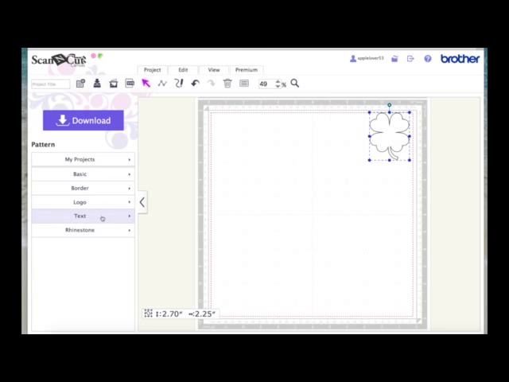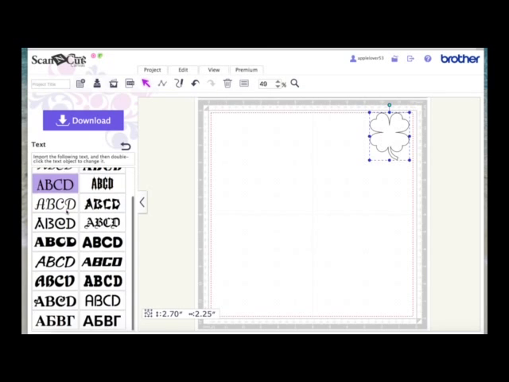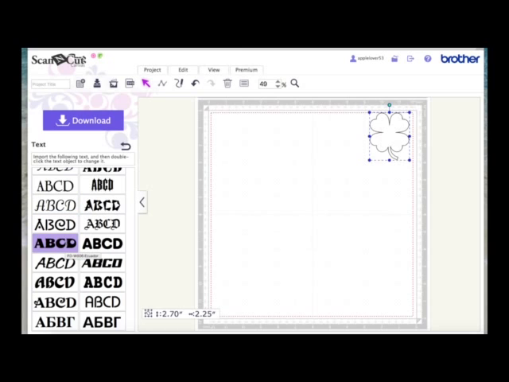So then I came to the text, and the font that I chose was this one here, the one that's got the whole fat bubbly type thing. I think it's called Ecuador. So I selected that, double clicked at the end of this T to get the flashing cursor, and then I just used the delete key on my keyboard to get rid of the text, and then I typed my word lucky in capital letters,